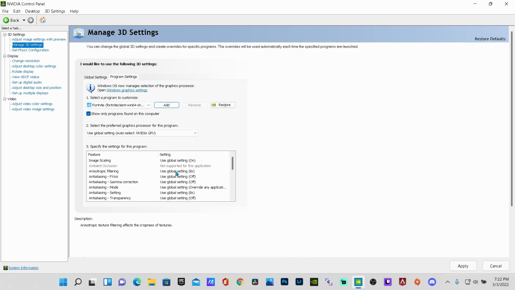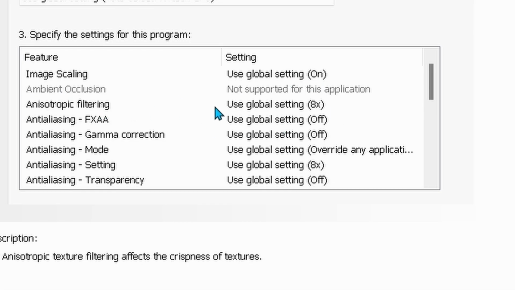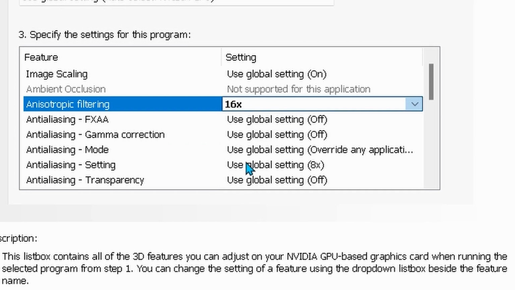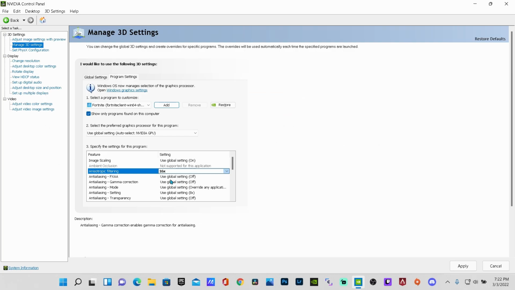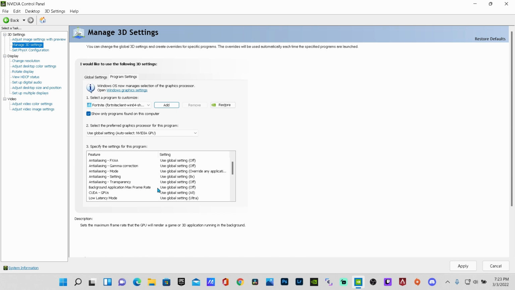So the settings that I'm going to show you are really good. Image scaling on, just like the global one, and make sure anisotropic filtering is on 16x. What that'll do is it'll make your game look better while giving you a slight boost of FPS, not a lot but a little. And then the two settings that matter a lot, okay,